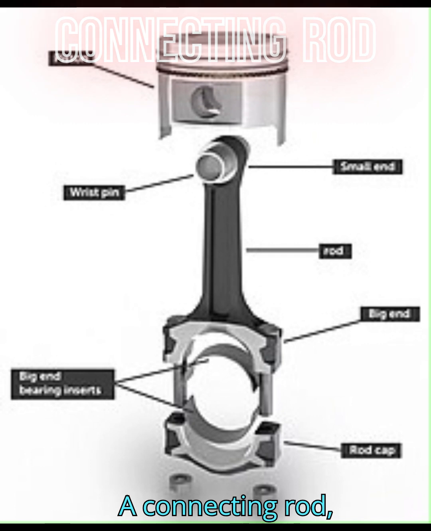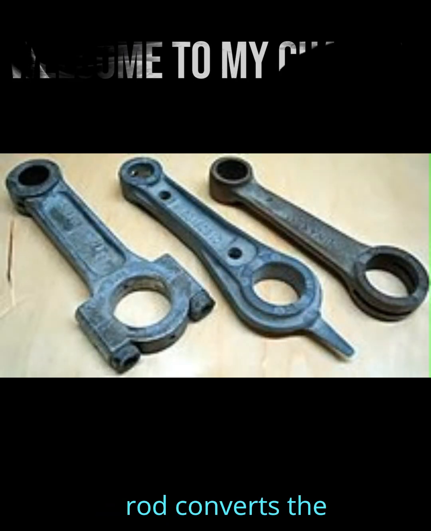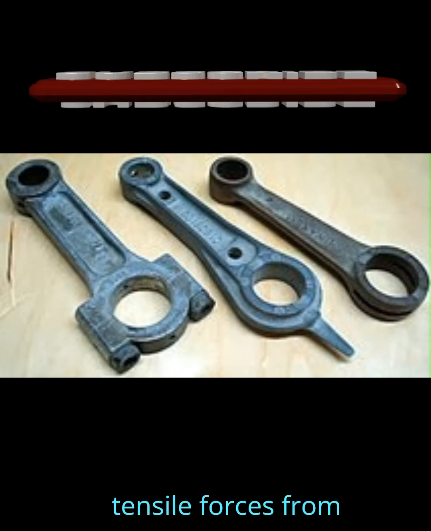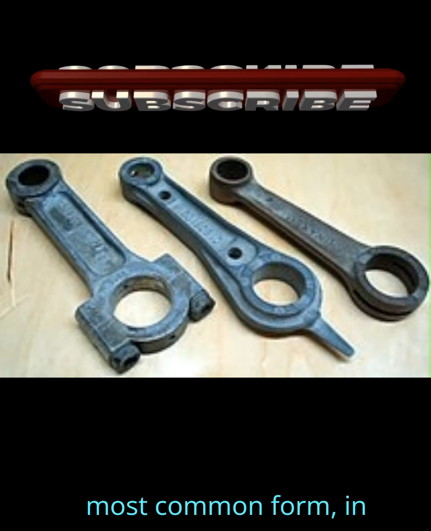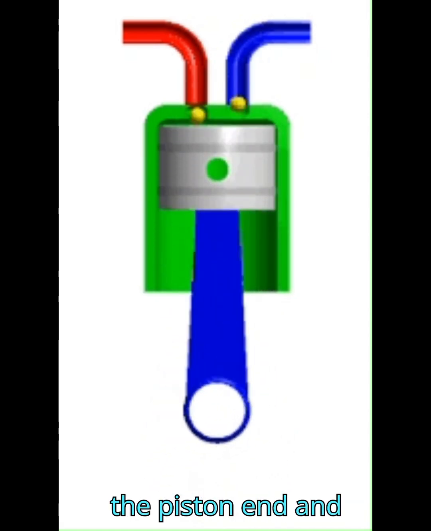A connecting rod, also called a con rod, is the part of a piston engine which connects the piston to the crankshaft. Together with the crank, the connecting rod converts the reciprocating motion of the piston into the rotation of the crankshaft. The connecting rod is required to transmit the compressive and tensile forces from the piston. In its most common form, in an internal combustion engine, it allows pivoting on the piston end and rotation on